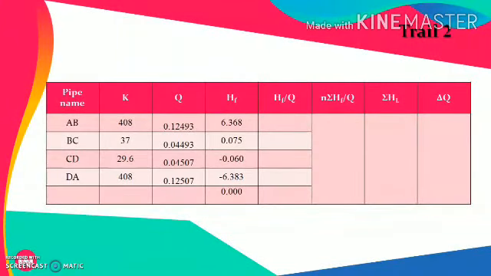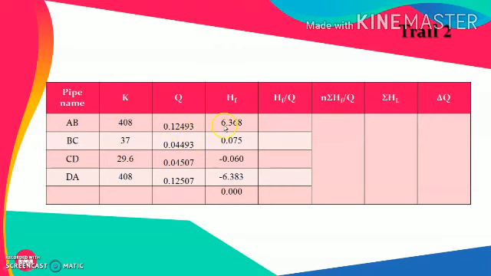So whatever values we have got in this particular trial in the column Q is the Q assumed in the previous trial, to which we have added the value of delta Q along with its sign. So for AB and BC it is going to be something that has been deducted. For CD and DA it is going to be an addition, because both have the negative sign. So ultimately you will find that the flow through pipes CD and DA has been increased while the flow through pipes AB and BC has been reduced.